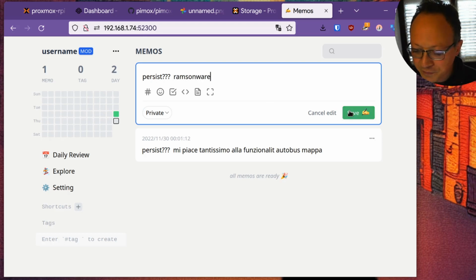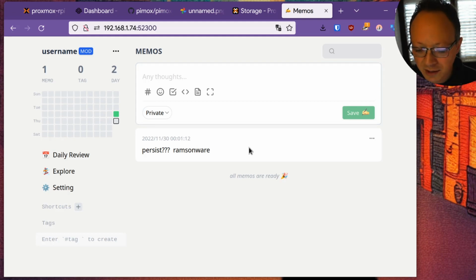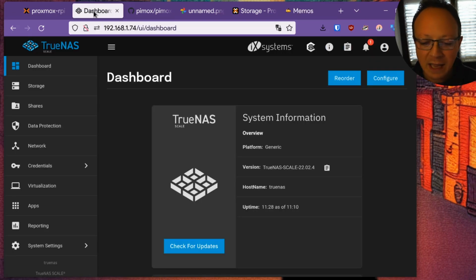Okay, this could be a ransomware or a software error, and as you can see, we wrote another message in our database. So what we can do with this kind of operating system is to roll back to the previous backup, or snapshot is better.